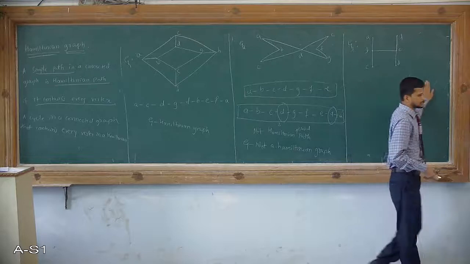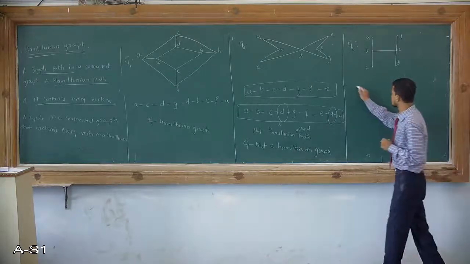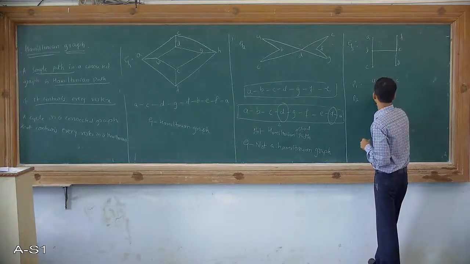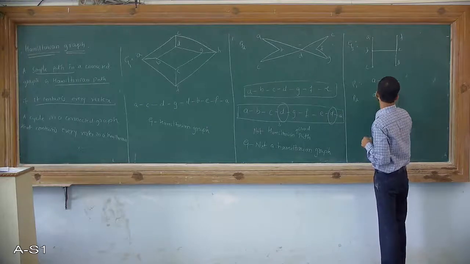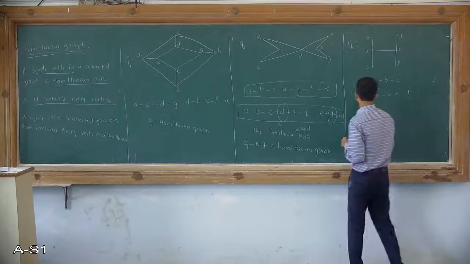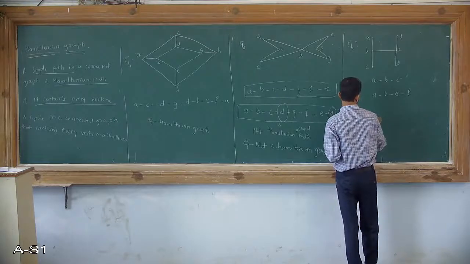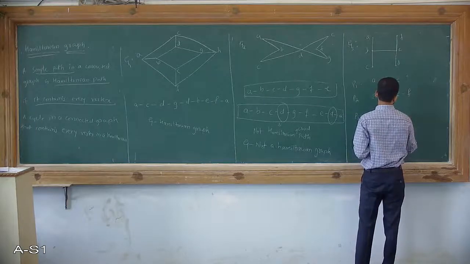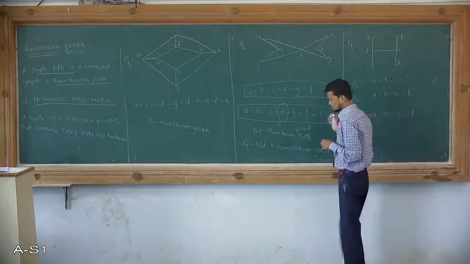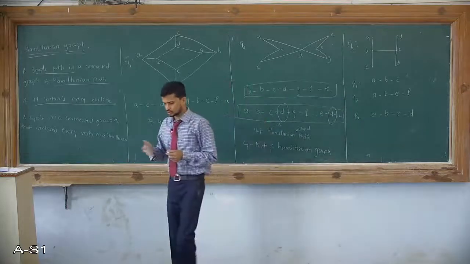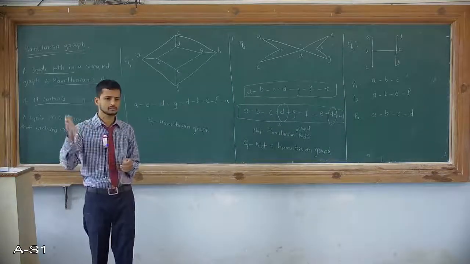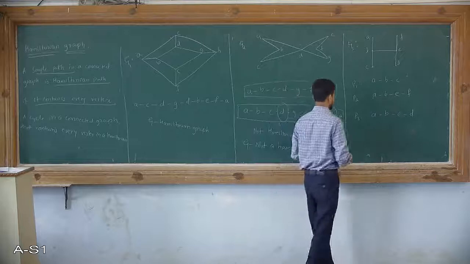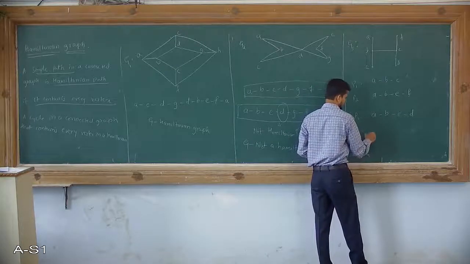Okay, here I will develop some paths for the graph G3. So first path is A, B, C. Second path is A, B, E, F. Third path is A, B, E, D. So it is not possible to pass through all the vertices at least once in a path. So therefore G3 is not a Hamiltonian graph.